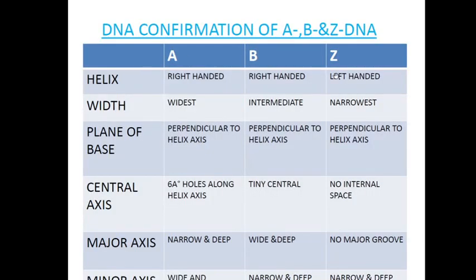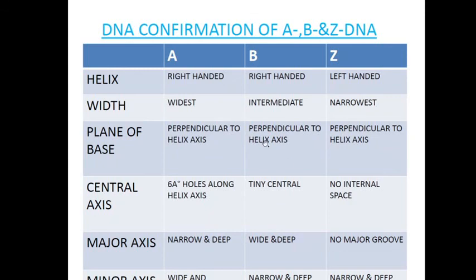So these different forms of DNA can be compared here. A, B and Z forms are compared here. A and B are both right-handed while Z is left-handed. B form is the intermediate. So imagine a spring under normal conditions, at this particular B form. When you press it, what will happen? It will form wider grooves and it will be extended. While in the case of the Z form, it is narrowest.